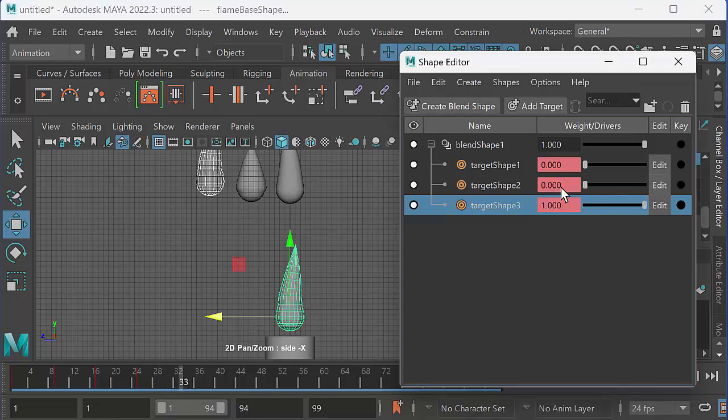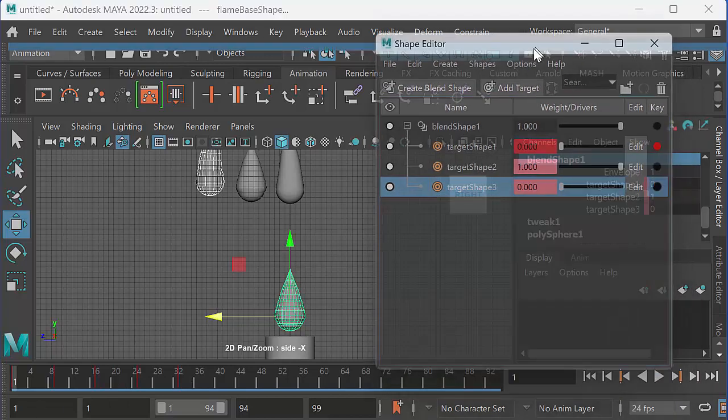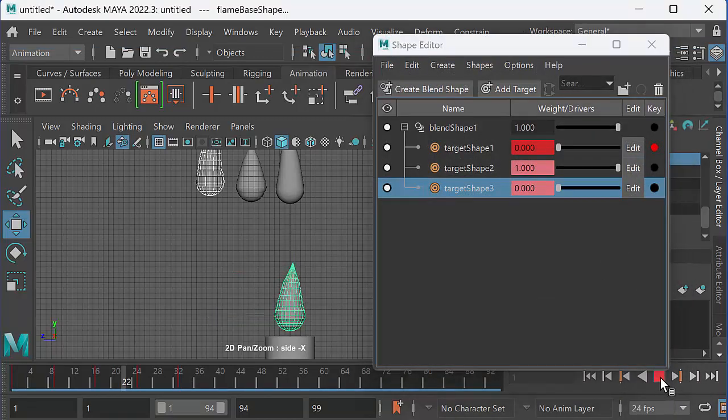Let's take them all down, or maybe go to that one there. The idea is just to get a little kind of flicker animation. It's not particularly good what I've done here. I think the version that I did in the video is better, but